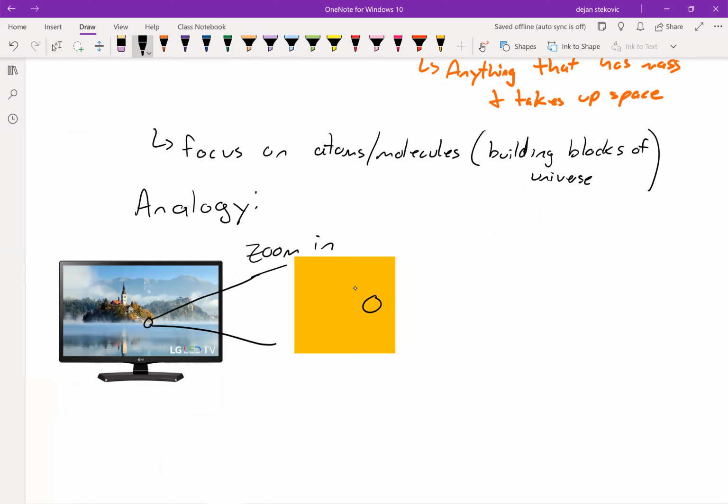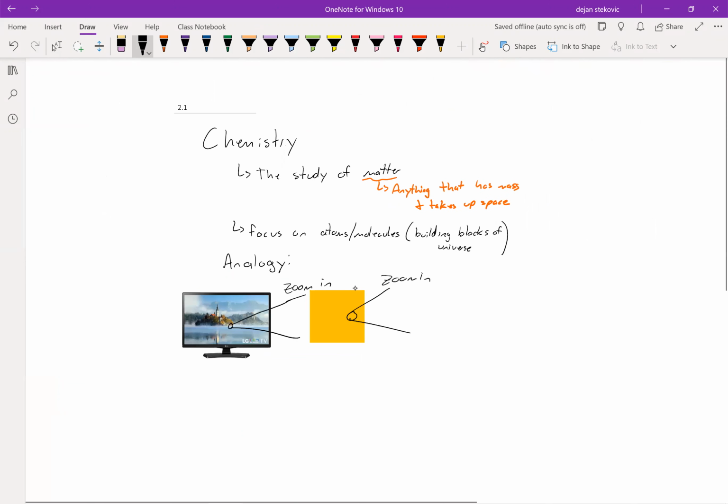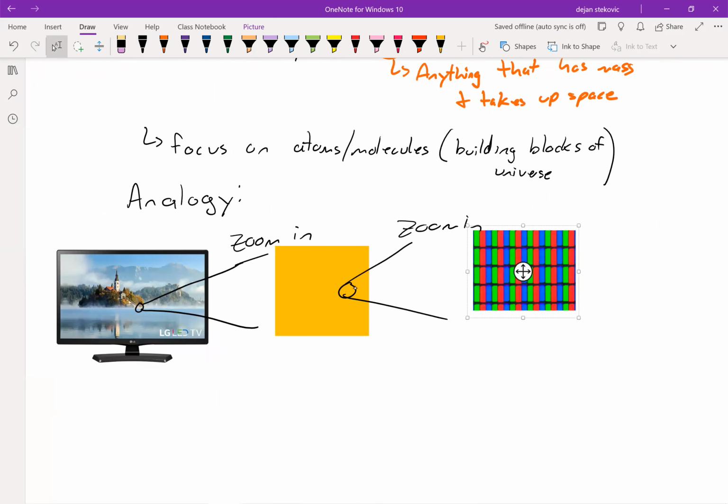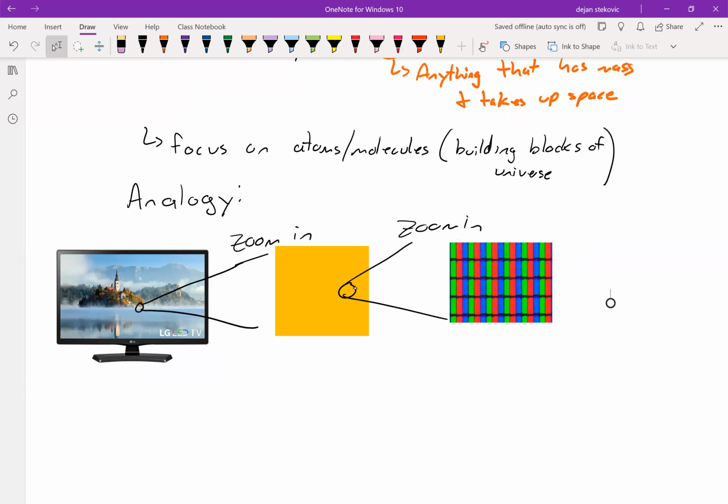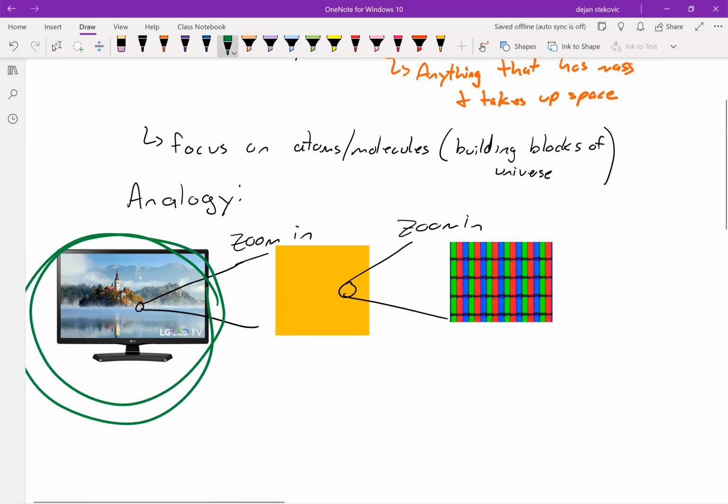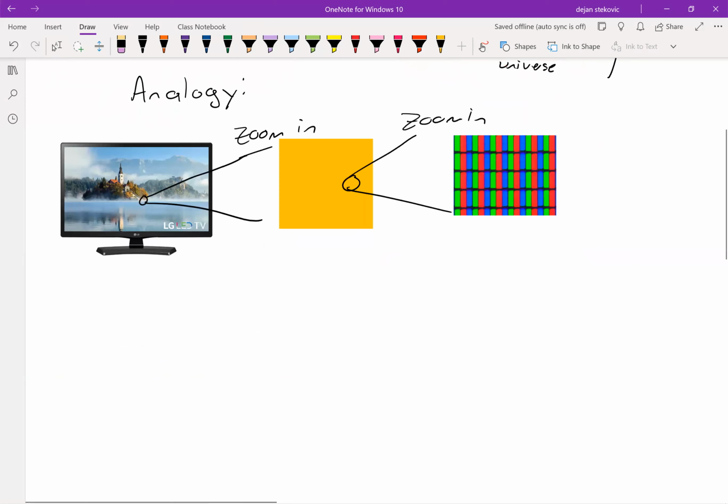And then when you further zoom in, what you then might see is an array of colors, in which case there are only 3 different colors, right? Most TVs are just going to be made of these 3 different colors, right? Green, red, and blue. So when we zoom in further and further, we get into a simpler kind of system. And in this case, if you think about TVs, what you're thinking about is these 3 colors that can be combined to make all these different colors. And then all these different colors can be combined to make all kinds of different images.